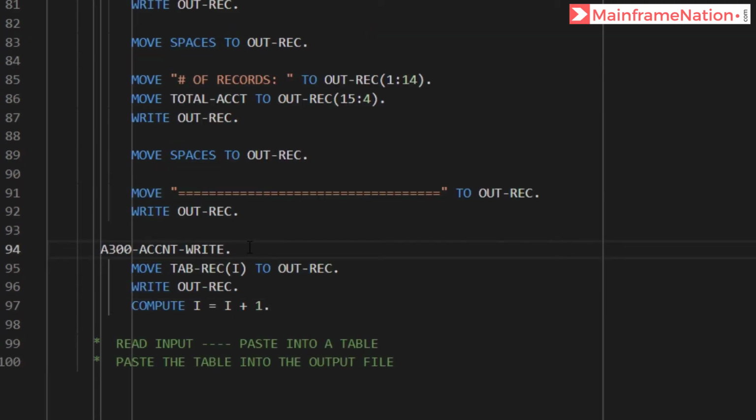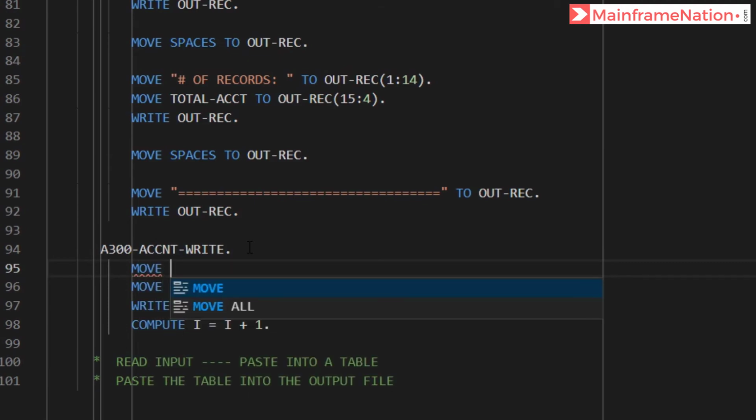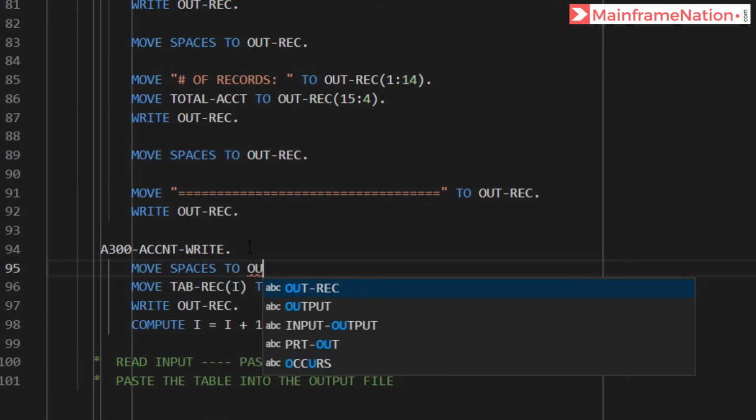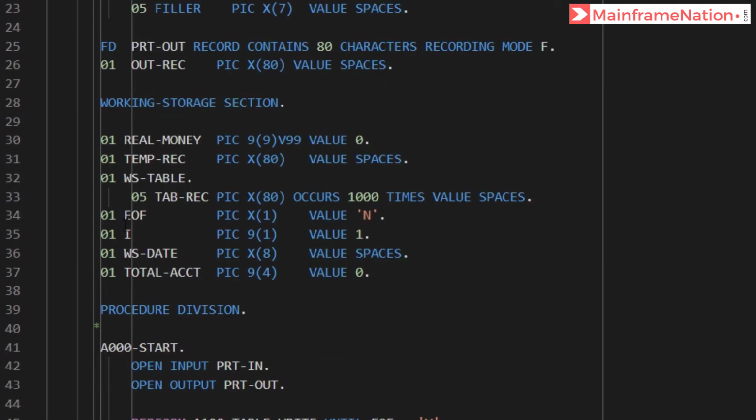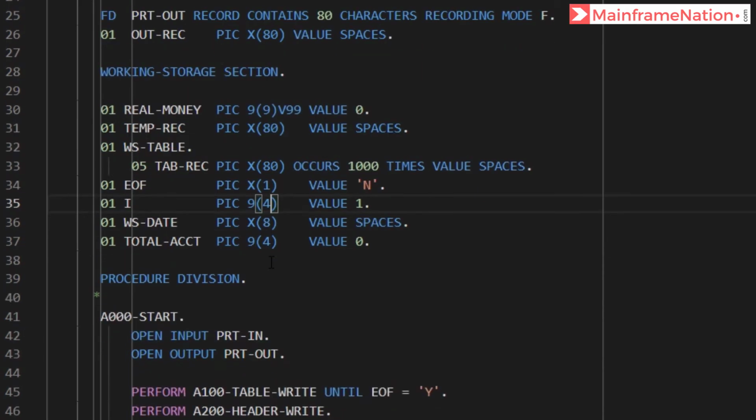Before that, we can initialize as well. Let's give move spaces to output record. Make sure the value of I that you give is 4 digits so that it can take up to 1000 records. 1000 records are of 4 digits, so it should be 4 or more than 4.